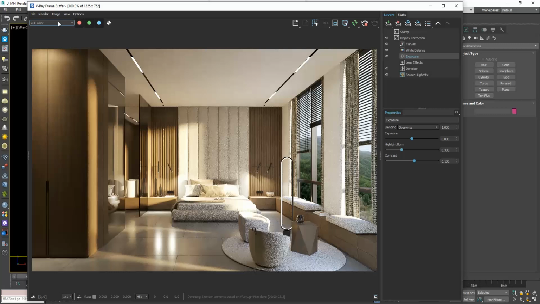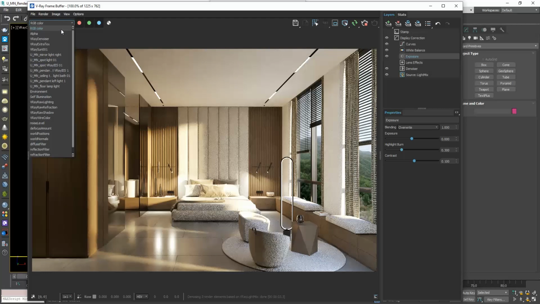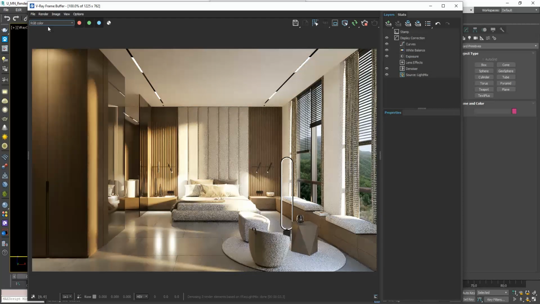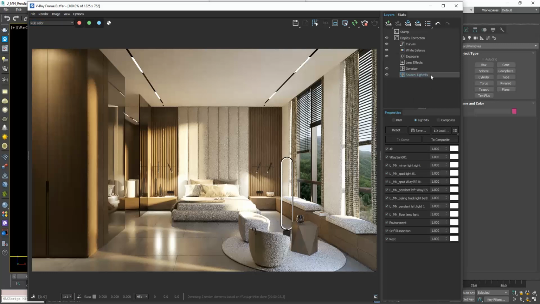Regarding V-Ray light mix, we don't see it in this list, but what we need to do is to select either the RGB channel or the effects result channel and then go to the layers tab in the V-Ray frame buffer window. Click on source light mix, then on light mix, and here is a list of all the lights present in the scene.